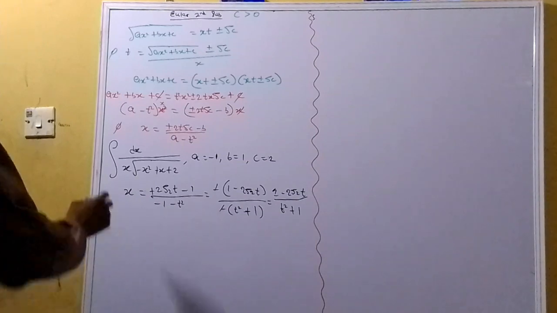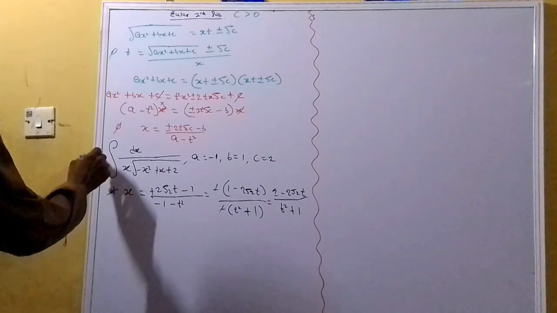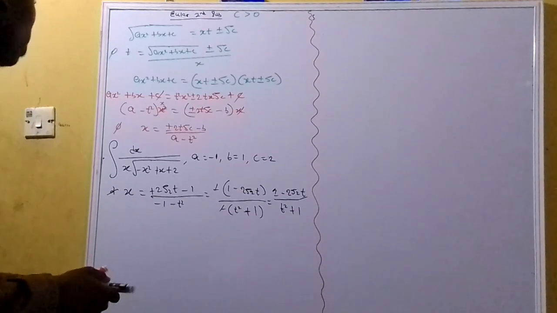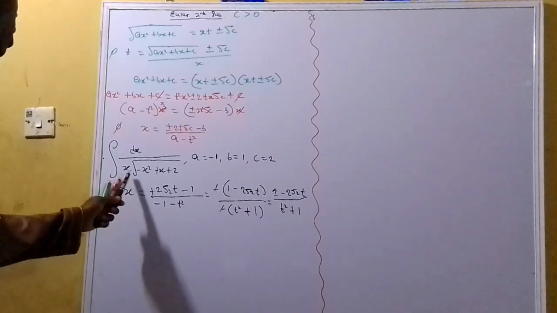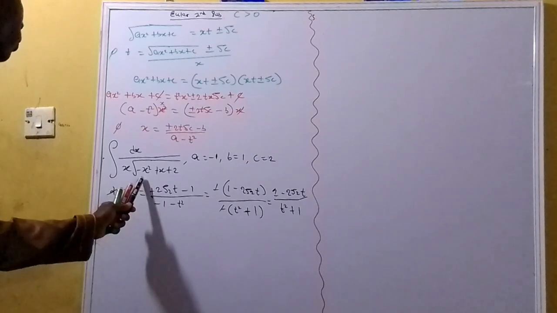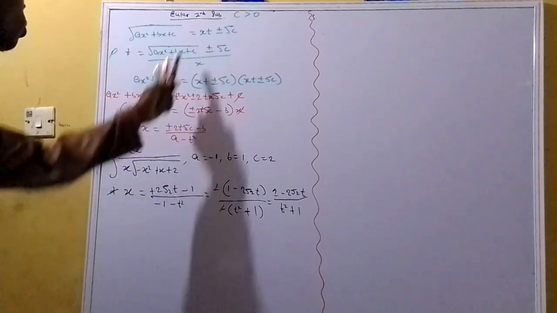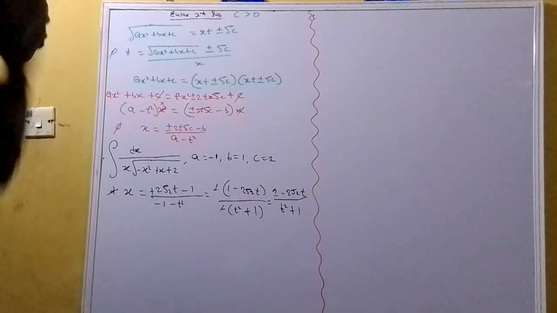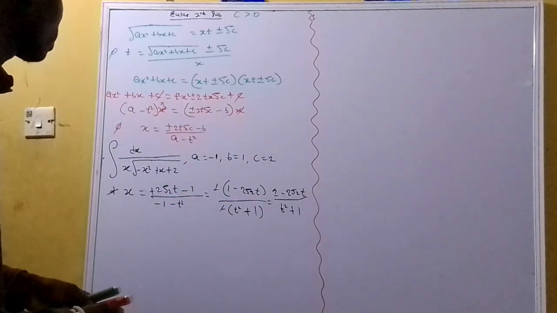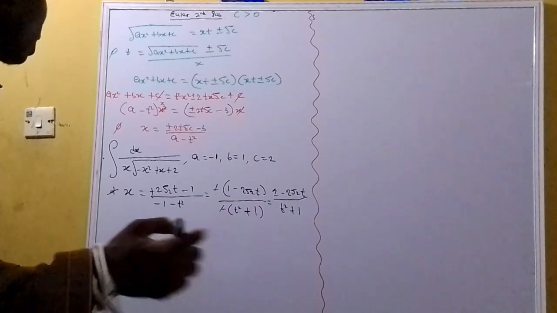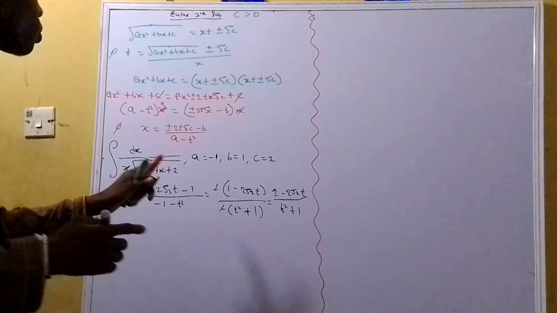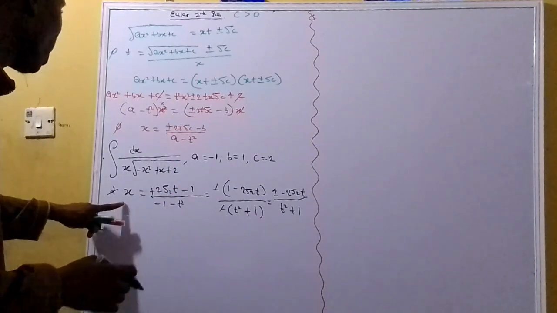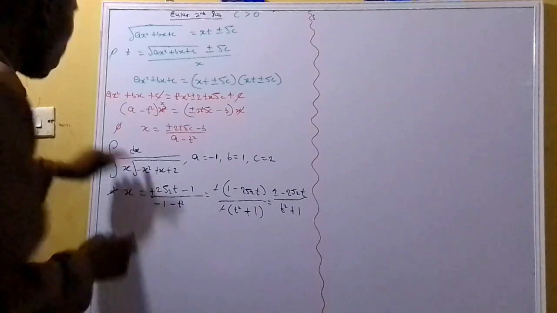So from here, guys, we've gotten our x for this question. And after we've gotten our x, we still need the root expression, which is automatically equal to xt plus or minus root c. Are you getting what I'm saying? And I've given you the value for t already. So moving on, let me bring this one also so that we can quickly break it down step by step. This is our x. Let's come back to here. Our root